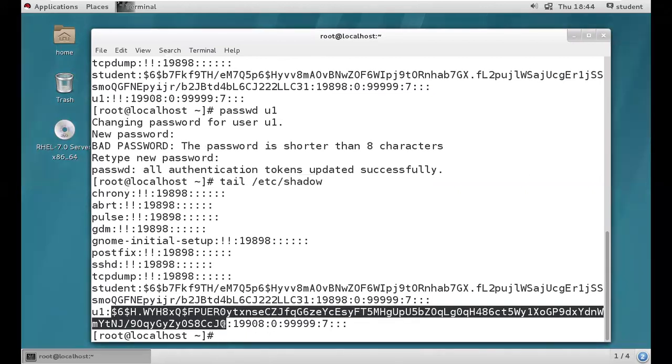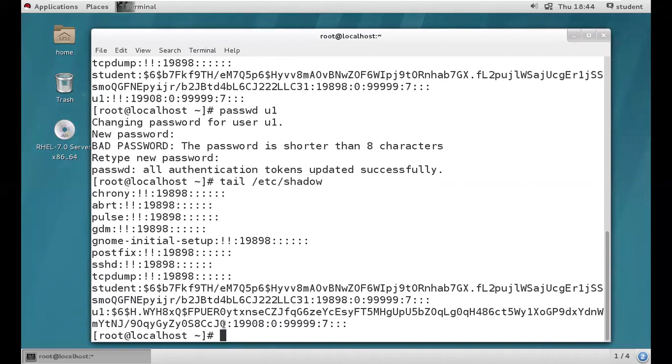So we assigned the password. How to remove the password also I will tell you, don't worry, give me some time. After some time I'll tell you how we need to remove the password, right? So we assigned the password for the U1 user account. That's why instead of exclamation marks, we got encrypted data there. This password was assigned with the help of which algorithm? SHA-512 crypt algorithm, right? So clear?